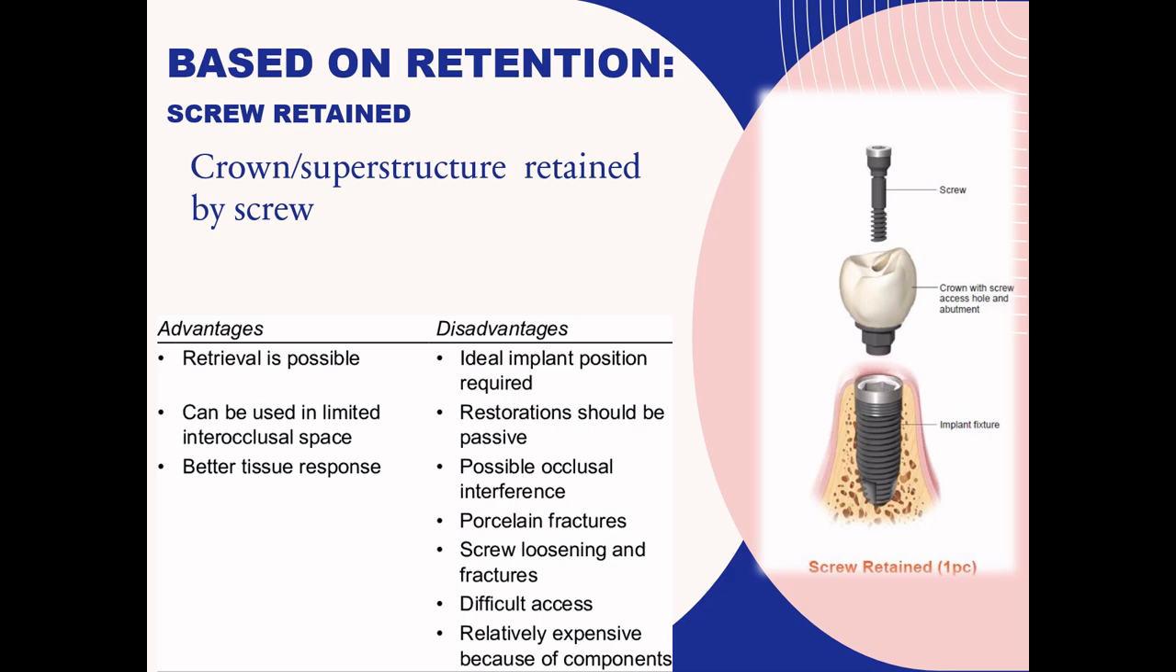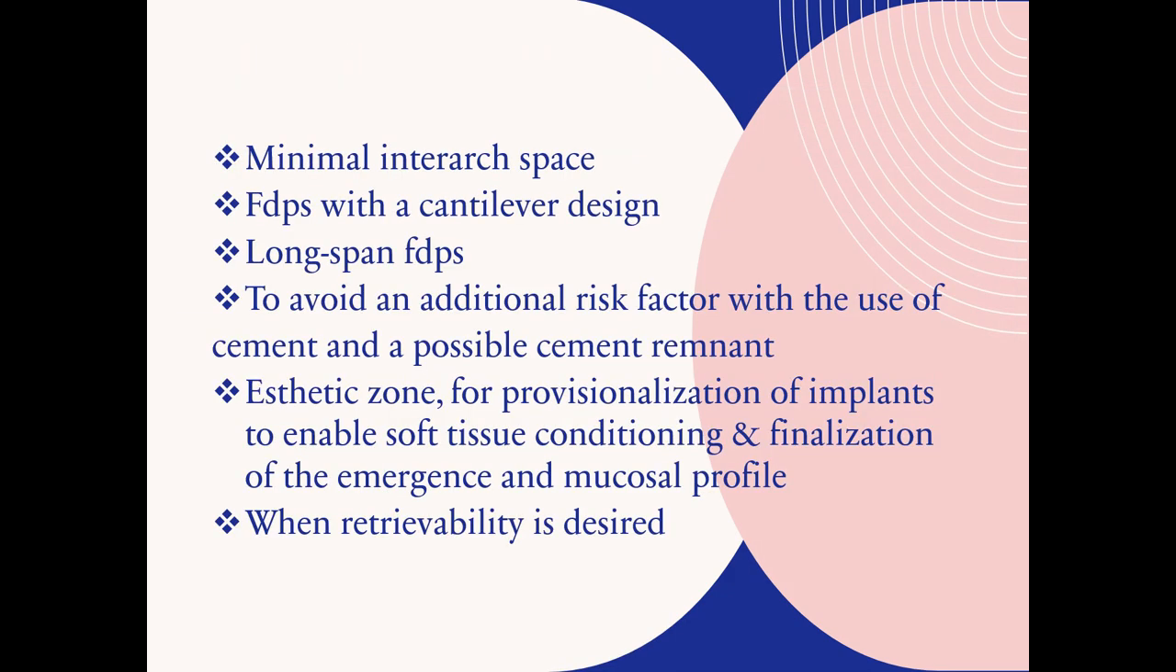So the screw retained prostheses are indicated in case of minimal inter-arch space, fixed dentures prostheses with a cantilever design or long span FDPs, because these two situations have got higher risk of complication and they require more maintenance and service. And to avoid an additional risk factor of the use of cement and possible cement remnant which can cause